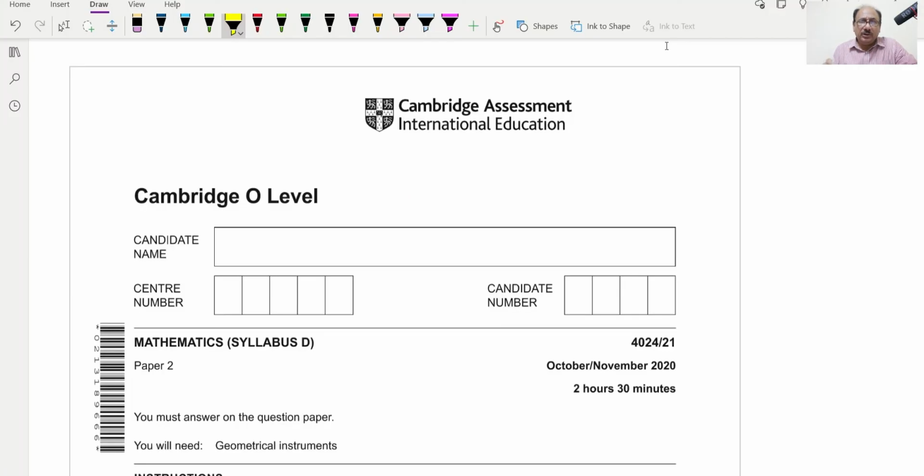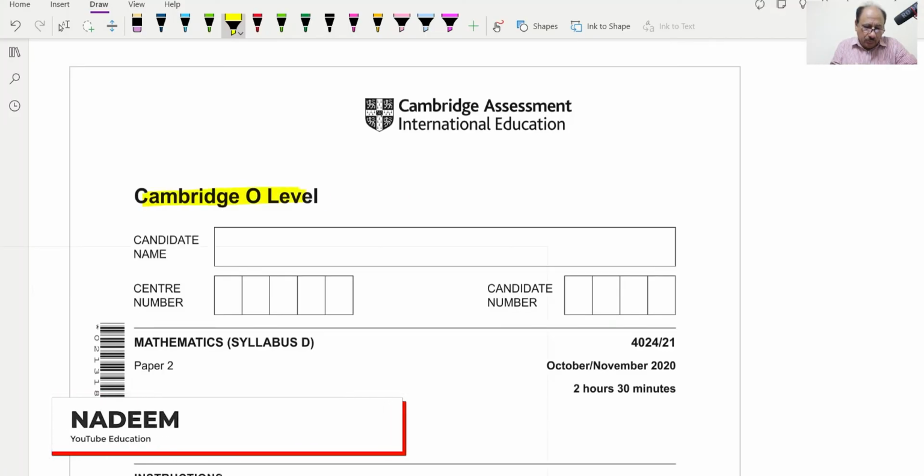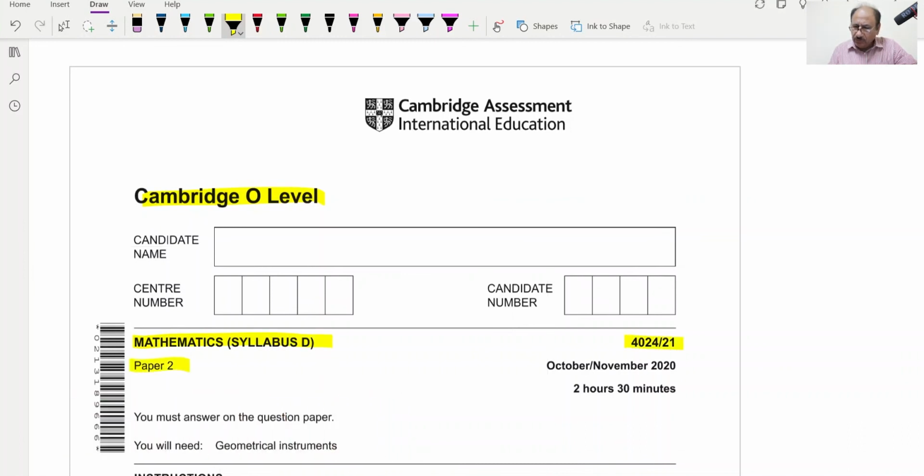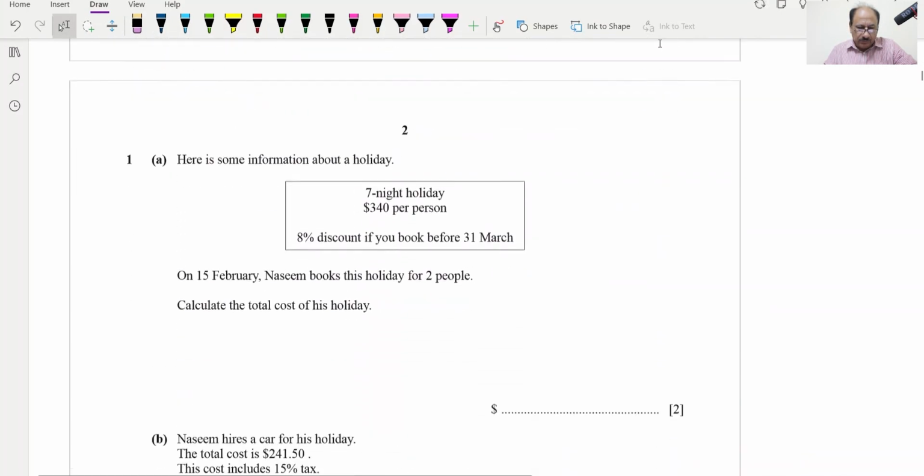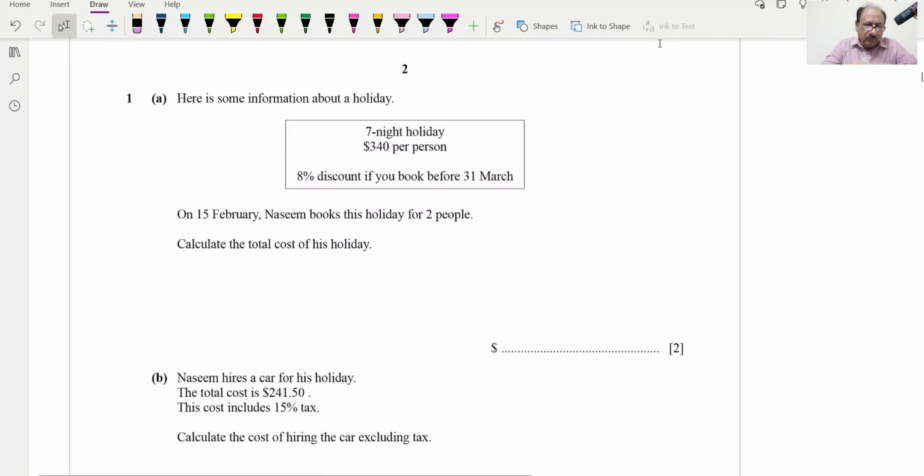Hello everyone, today we'll be going through Cambridge O-Level Mathematics Syllabus D paper 2402/42, October/November 2020. Let us move to question number 1. Question number 1 says